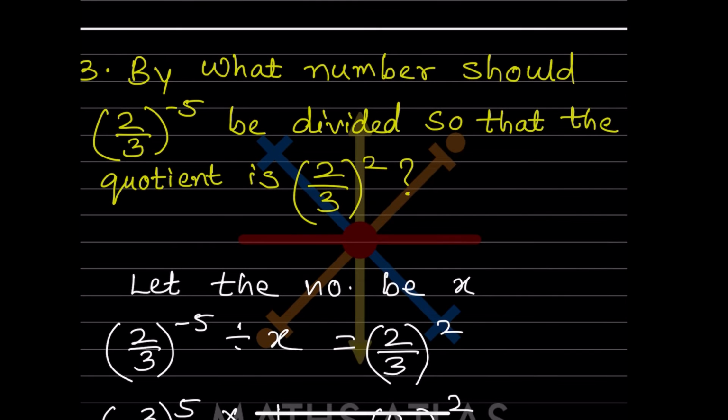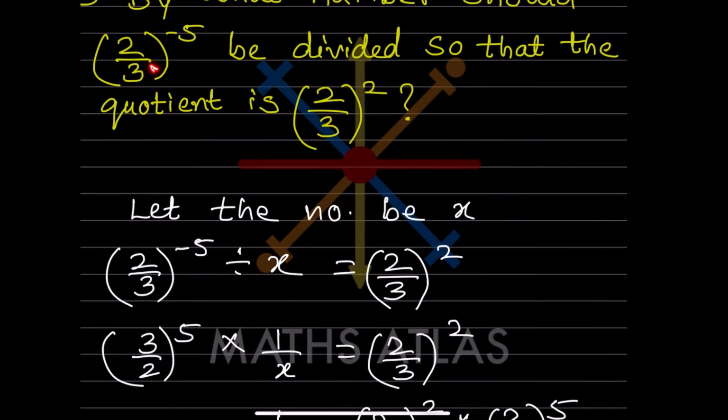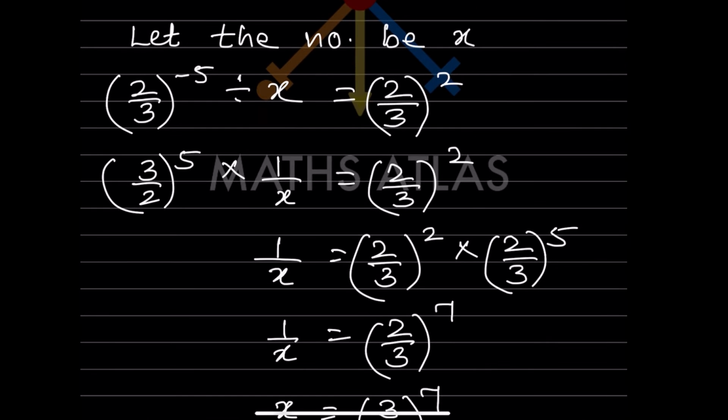By what number should 2 by 3 raised to minus 5 be divided so that the quotient is 2 by 3 raised to 2? So here again, let the number be x. So this 2 by 3 raised to minus 5, it's given divided, so we will divide this by x, that is 2 by 3 raised to 2. So now what will you do first? You can make this negative to positive by flipping over, that will be 3 by 2. And this one,